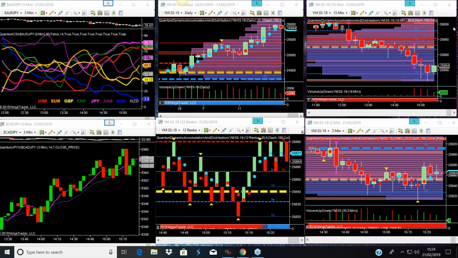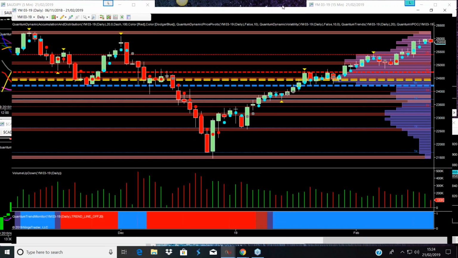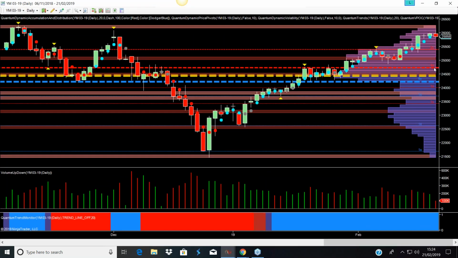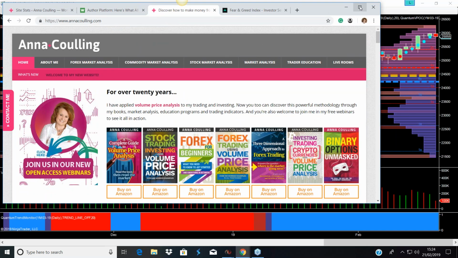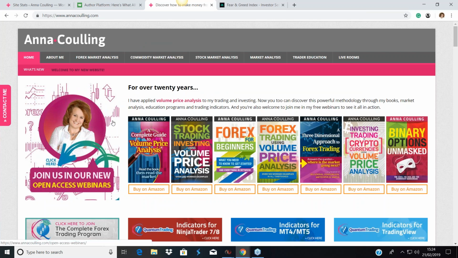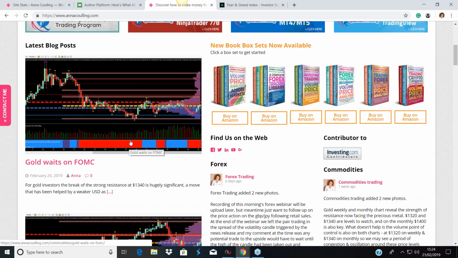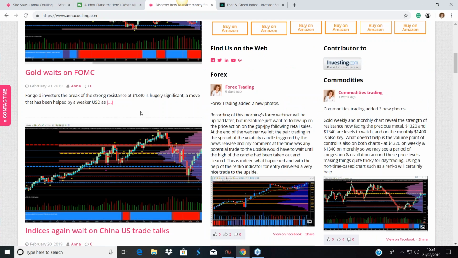We don't obviously have a candle for Monday because it was President's Day, which is why we have today's Thursday, Wednesday and Tuesday, and the price action on this Tuesday candle is really, I think, very significant, and yesterday's daily candle is also very significant as well. And we'll look at important levels of support and resistance for the three indices. I've actually written at length about the indices and the levels to watch out for on my blog. So if you want to catch up on what I said, there's a couple of posts, one this week and one last week,